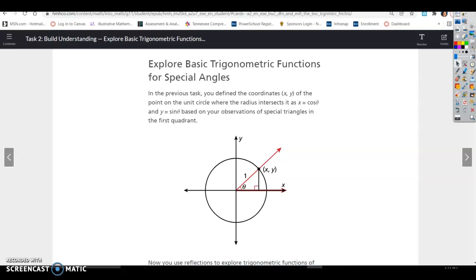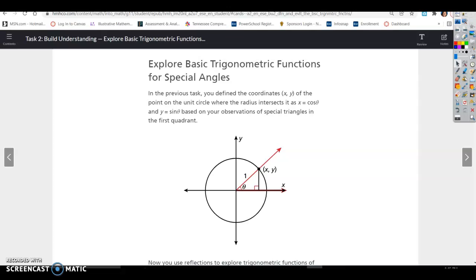Lesson 15.2, Task 2. Explore basic trigonometric functions for special angles. In the previous task, you defined the coordinate xy for the point on the unit circle where the radius intersects it at x equals cosine of theta and y equals sine of theta, based on your observations of special triangles